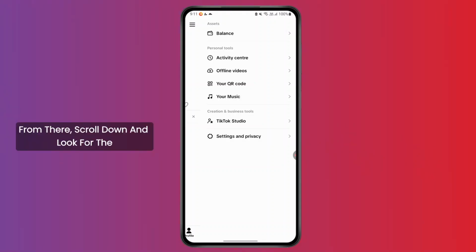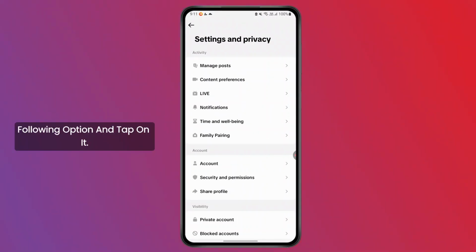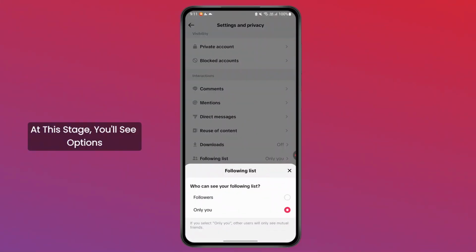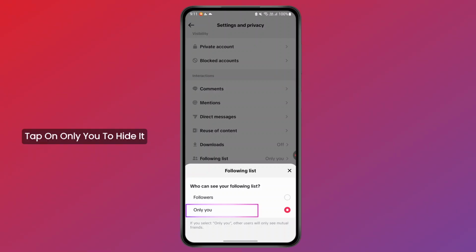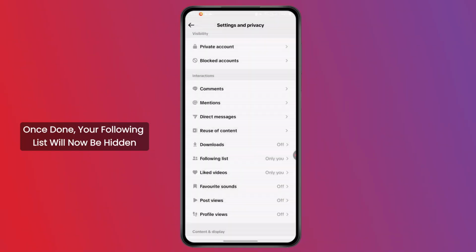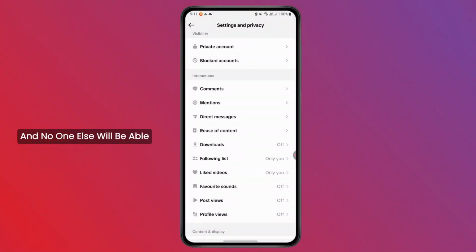From there, scroll down and look for the following option and tap on it. At this stage, you'll see options for who can see your following list. Tap on Only You to hide it completely from everyone else. Once done, your following list will now be hidden and no one else will be able to see who you